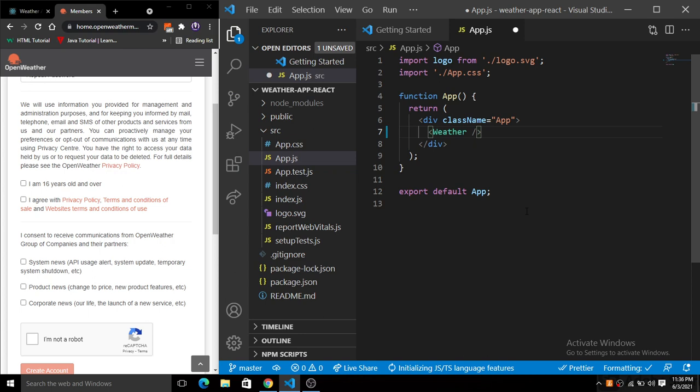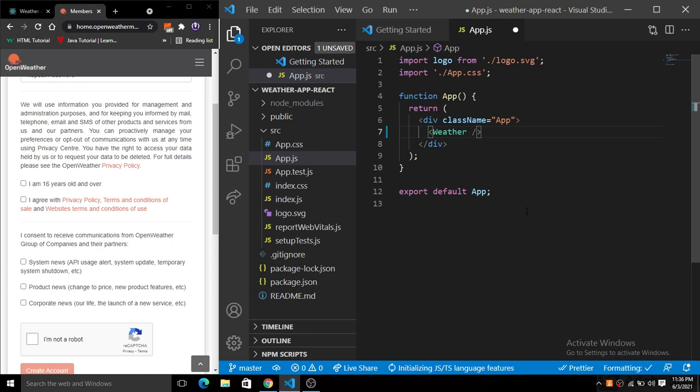Okay, and then I will first create a folder with the name of component and put all the components inside of this component directory. And inside of this component folder we just create a weather.js, right? Here we will create a functional component. It is very easy to create a functional component. You just have to type RFCE. You can install the snippets directly from the marketplace in Visual Studio Code.